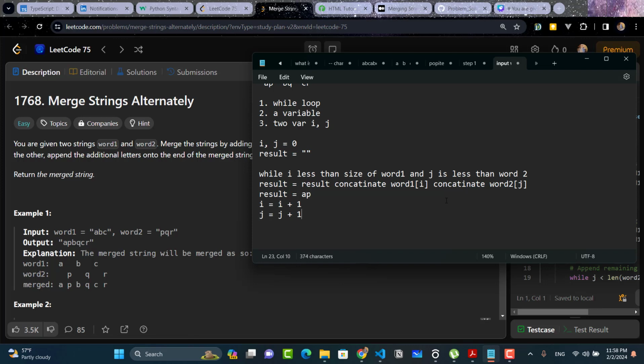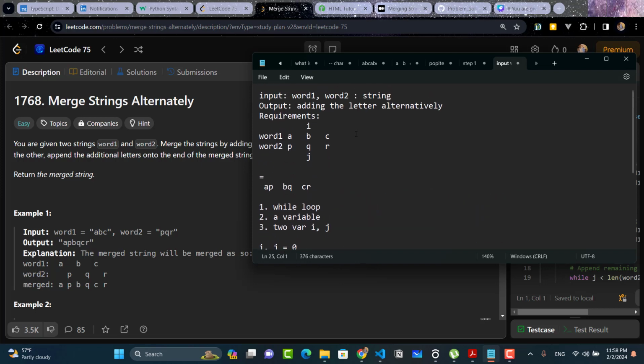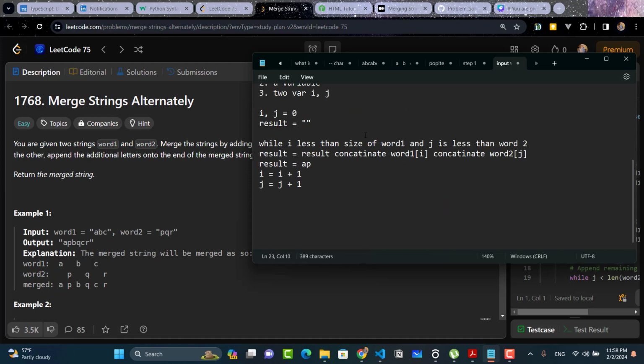Okay, and then what if word 1 is taller, or bigger, than word 2? For example, word 1 is a b c d e f g. I need to put all these letters after we finish word 1 and word 2 together. Then I just have to add all of that, right? So for this while loop here,